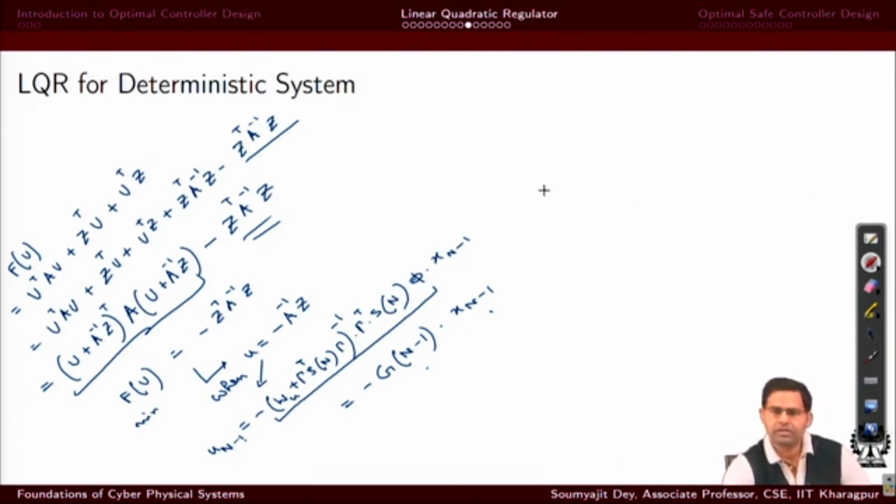So, as we can see, this method tells me that this function will be minimized, because that minimization of the function is our objective, right. And if I minimize this function, it is a loss function, because it tells me that then the energy of the system is minimized, with minimum value of x almost near to the stable state and minimum expense of energy for control, right. So, what I have is G n minus 1 equals